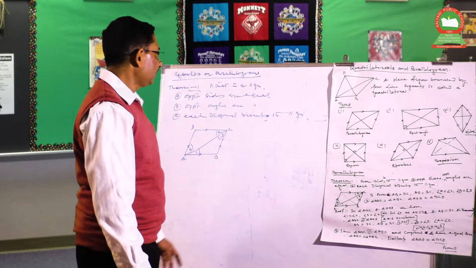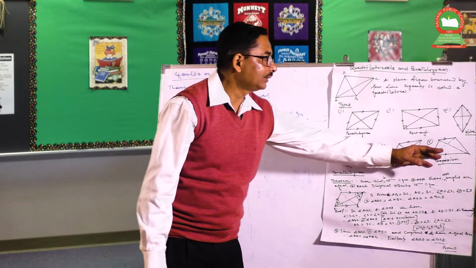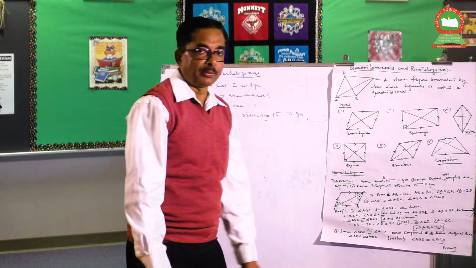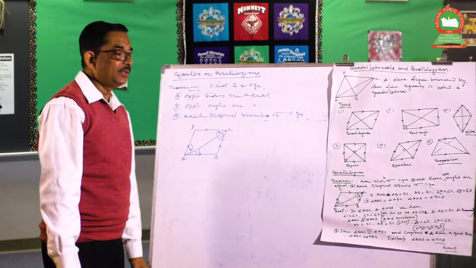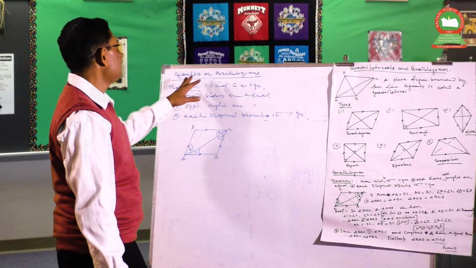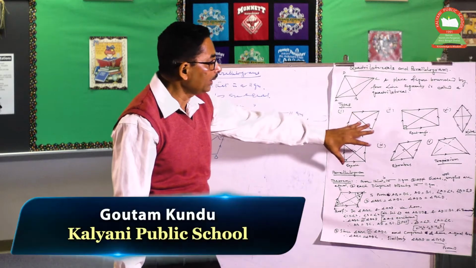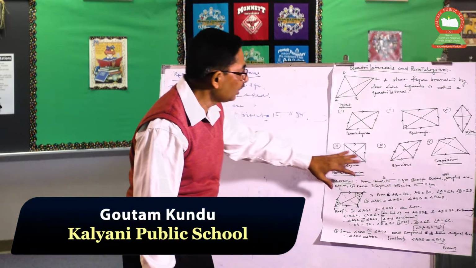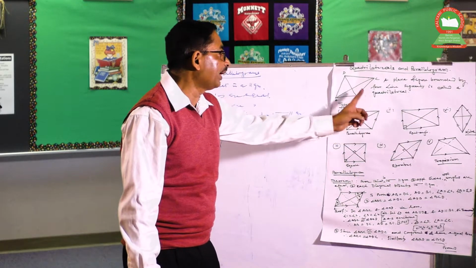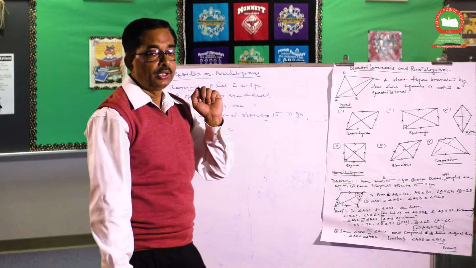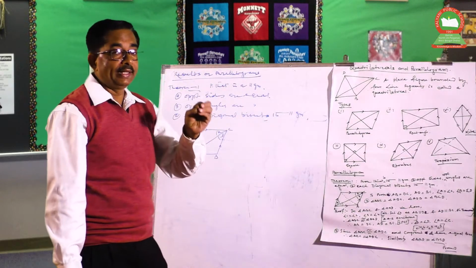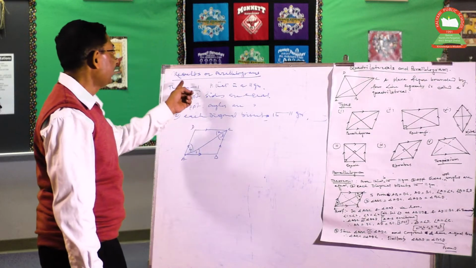We have concluded over here the types of quadrilaterals along with their properties. Now I am going to the particular results on parallelograms. See, all the quadrilaterals we have already defined with the help of the parallelogram only, so we need to get very good knowledge of the parallelogram.